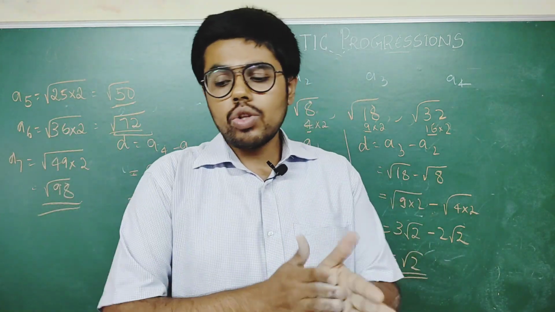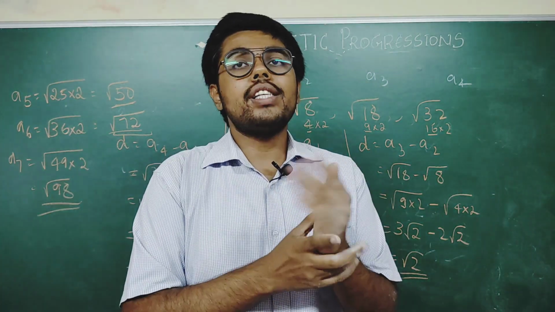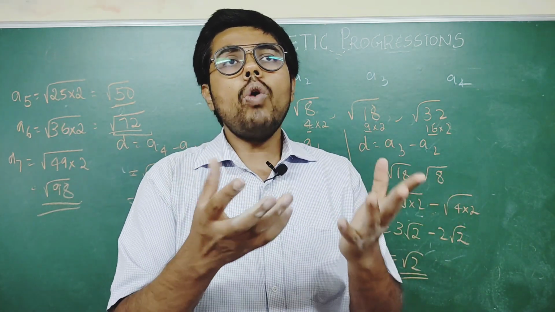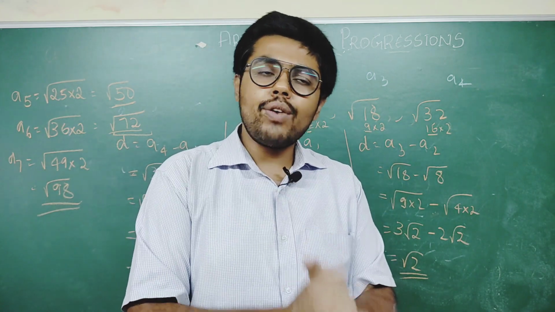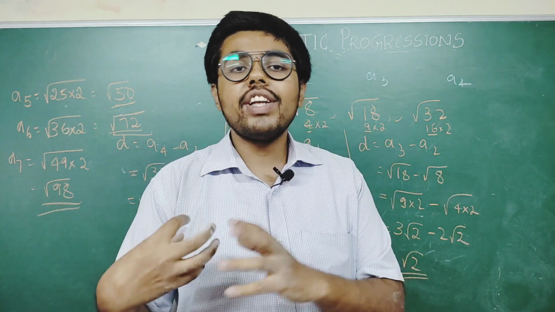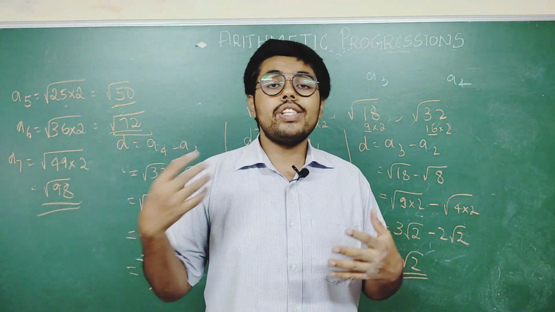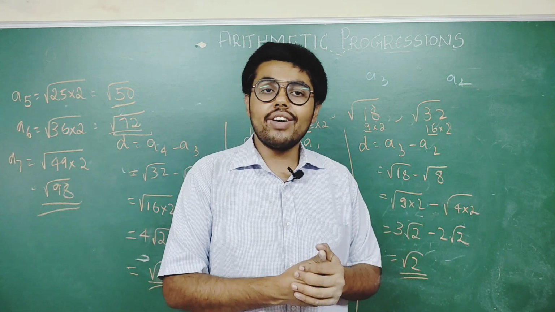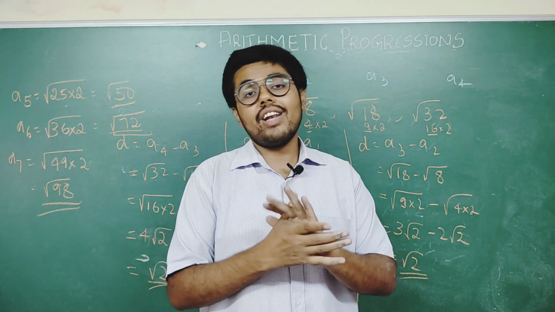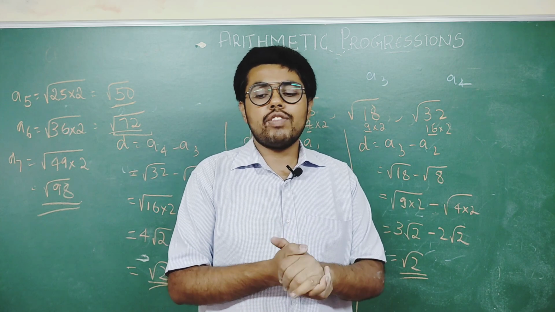So today we have understood what is an AP, what is common difference, and what we mean by first term. Basically we have learned how to understand the AP. If you understand this, you can solve any problem. We also learned, given the common difference and first term, how to write the AP, and when the AP is given, how to check whether it is an AP or not. These are the important basics from this chapter, which they ask regularly in the examination. I hope I have made you understand these important concepts from today's exercise.